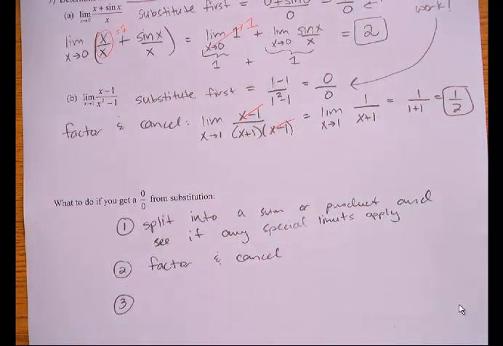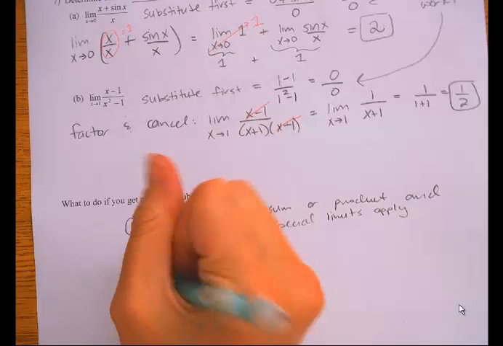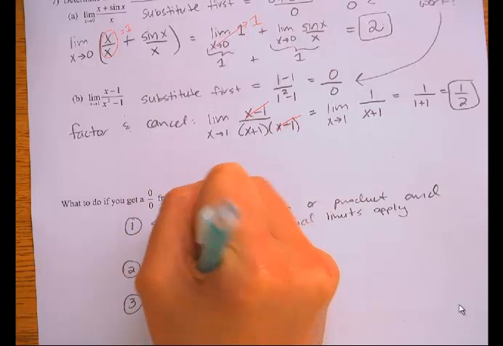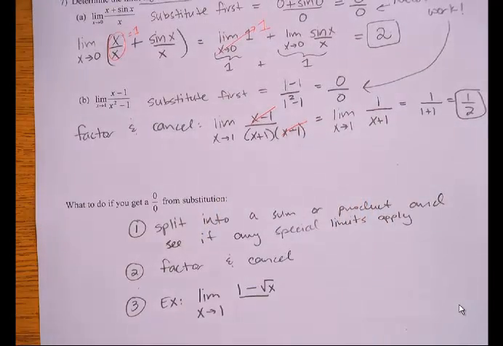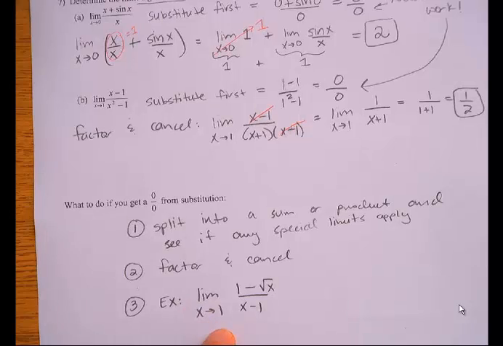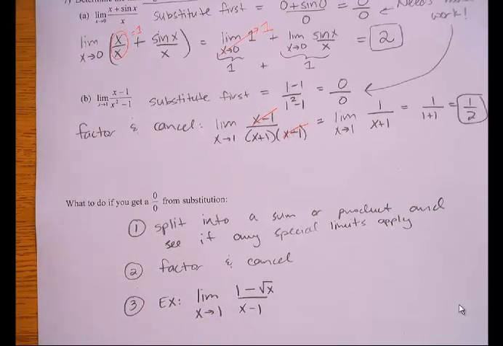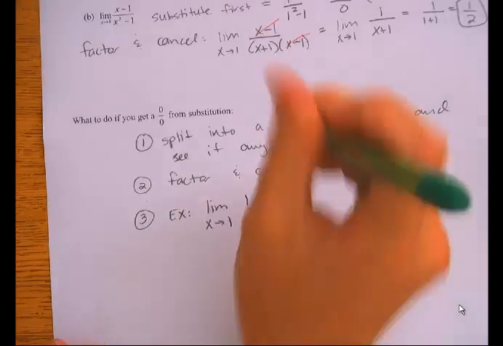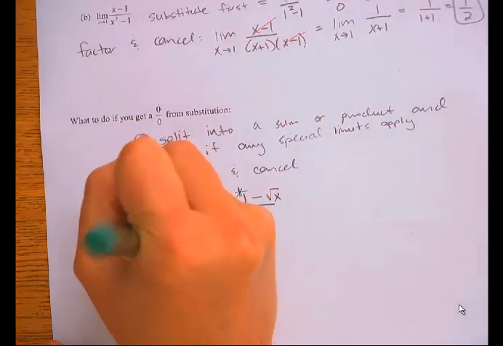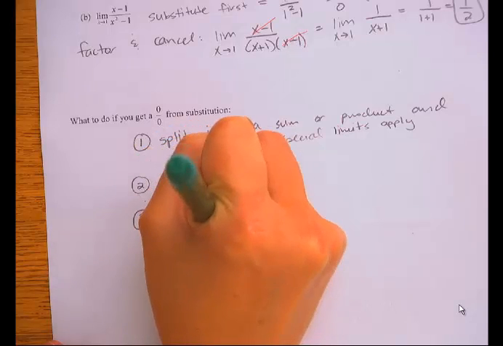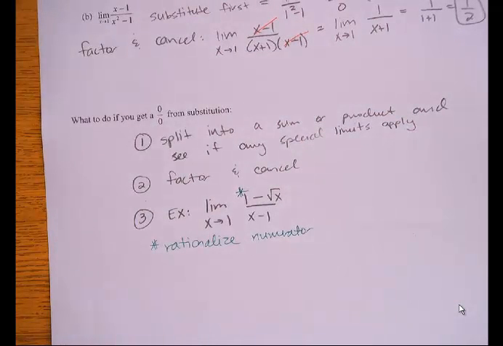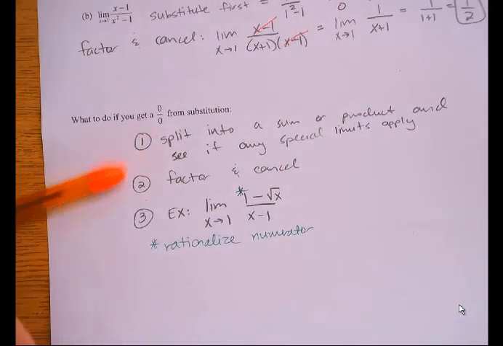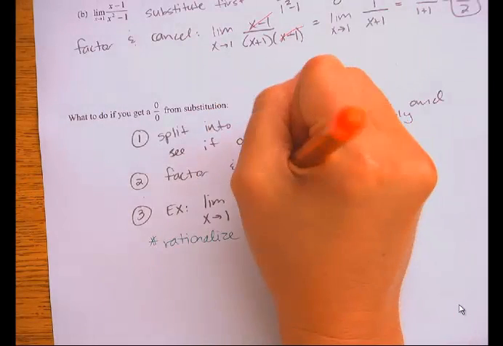Okay, but there's a bunch of other weird situations that come along sometimes. One of them is when you get something like this. For example, the limit as x approaches 1 of 1 minus the square root of x all over x minus 1. In a situation like this one, I would recommend rationalizing the numerator. So if you have something like this, you're going to want to try to rationalize the numerator, which I know seems weird. We're not used to doing that, but you'll see in calculus it has to happen from time to time. So I would first rationalize the numerator,